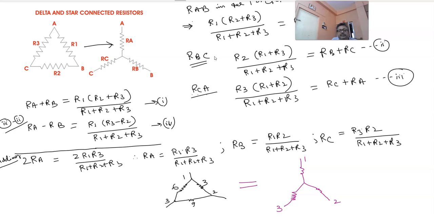When you consider this part 1 here, it will be the product of these two divided by the sum: 6 into 3 by 6 plus 3 plus 9. This is going to be 1 ohm. For 2, when you consider 3 into 9, 27 by 18, 27 by 18 is 3 by 2, 1.5 ohm. And this thing will be what? 54 by 18, that is 3 ohms. All of you understand? So by using this conversion, we can convert this delta circuit to the star one.